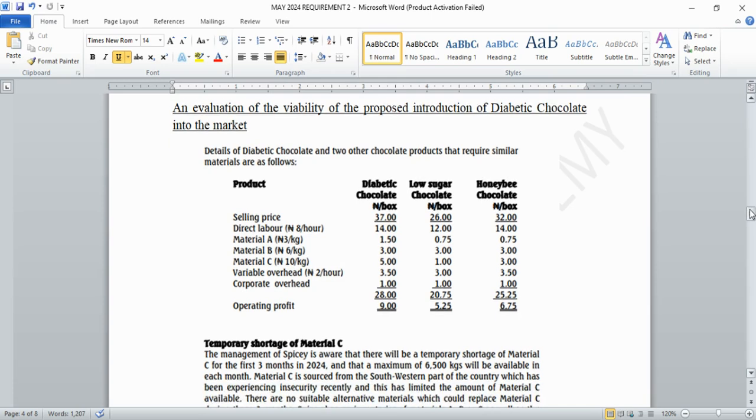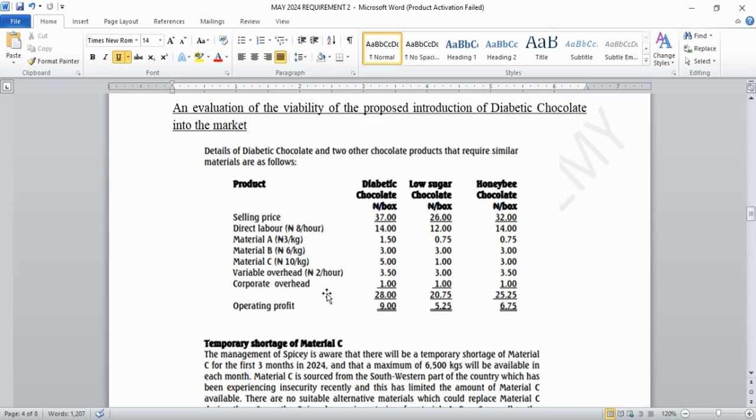So now, concerning the introduction of the diabetic chocolates, we're informed. This was the financial information we're given. So we're given three products. We have the diabetic chocolate, that's the new product that they want to introduce. We have the low sugar chocolate and the honeybee chocolate. So these are the three products that we have currently, and we're given the selling price, the variable costs, direct material, direct labor,